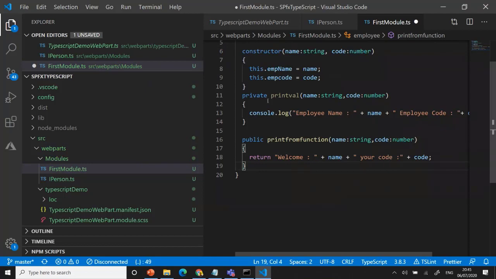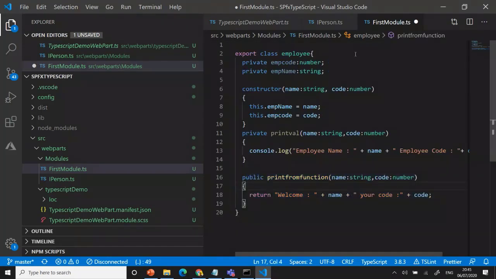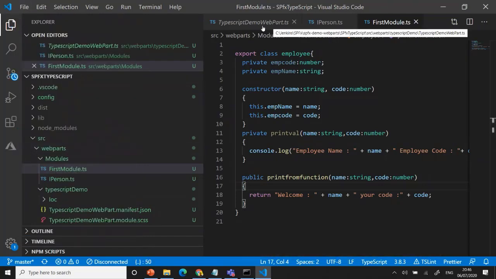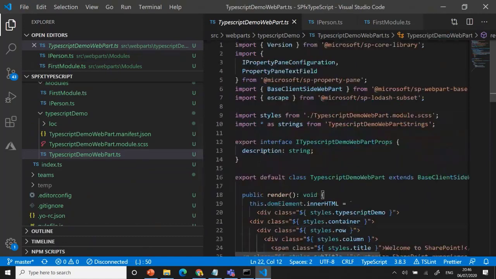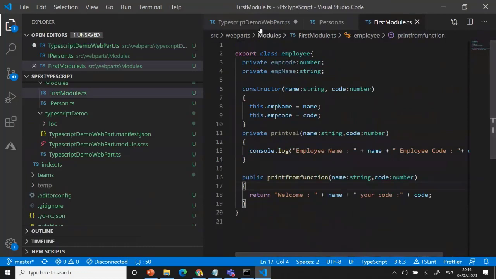Okay, we have the private method, which we call from the constructor. We have a public method called from the class. Okay, we have the class now. Whenever you're using the class, normally we call it from the main part, right? When you go here, you can see we can get the import. For example, the class name is employee, right?